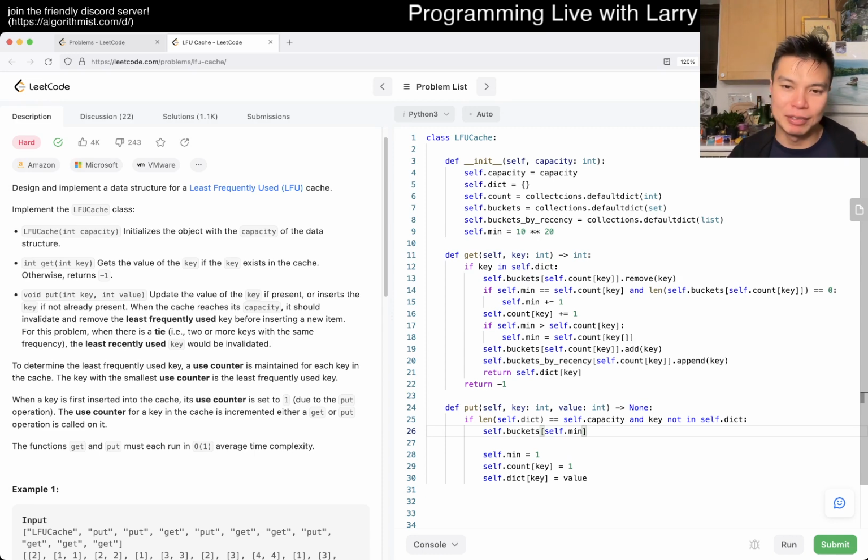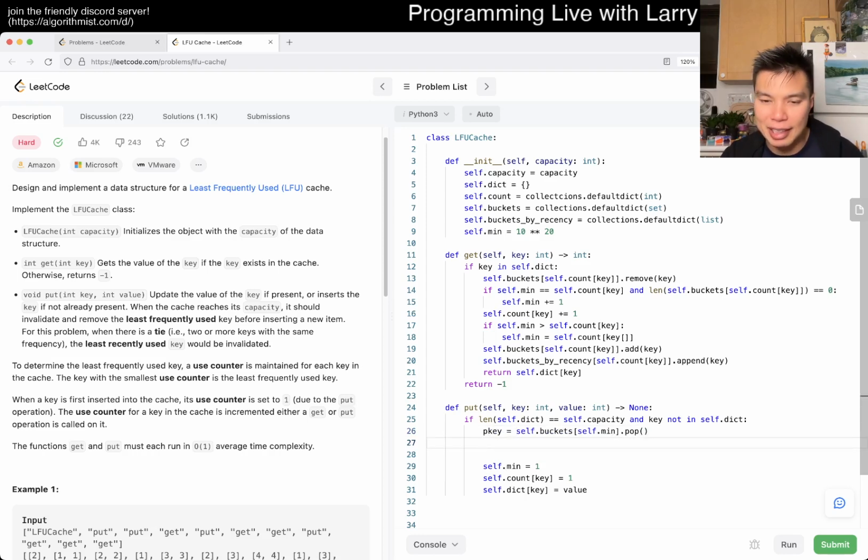Okay, so then basically we want to pop the last thing here. Yeah, so let's just say previous key maybe is equal to this, right? And then while p key is not in self dot, oh, this is buckets by recency. So if it's not in buckets, that means that it got moved to the next one. So then dot buckets